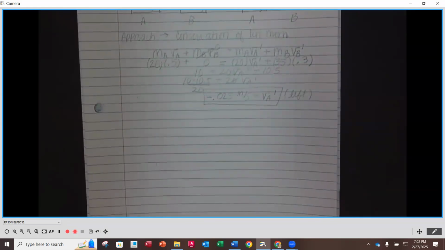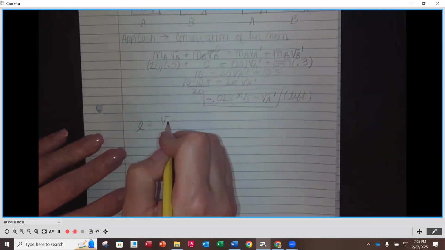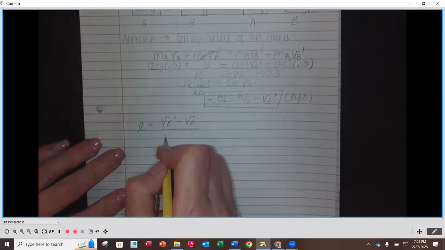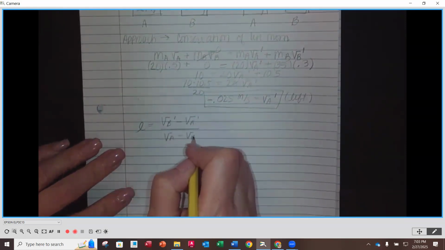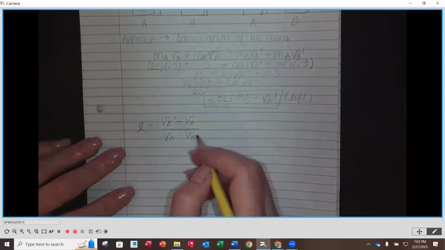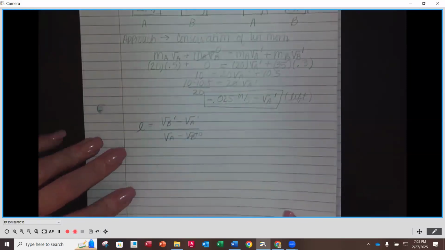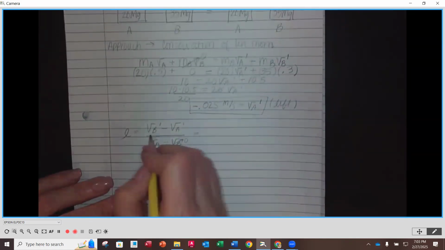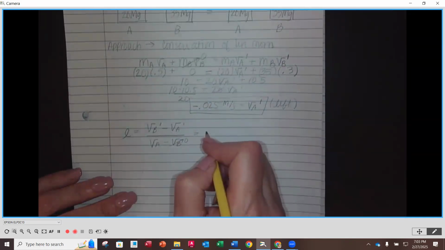So now the problem is asking us to find our coefficient of restitution. So our coefficient of restitution is going to be equal to, if you need to go back to your equation sheet, you can, but I'm going to write it here: velocity B prime minus velocity A prime divided by velocity A minus velocity B. We know velocity B was 0. That was the before. Remember, the non-primes are the befores, and the primes are the afters. So we're going to put in our velocity B prime was 0.3